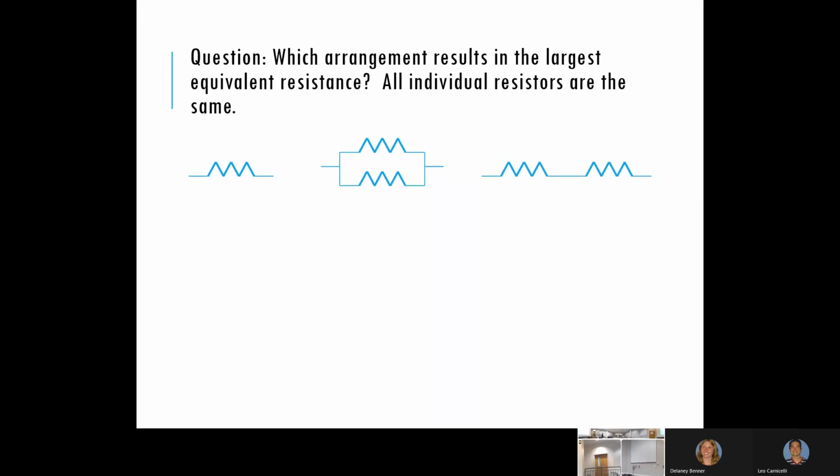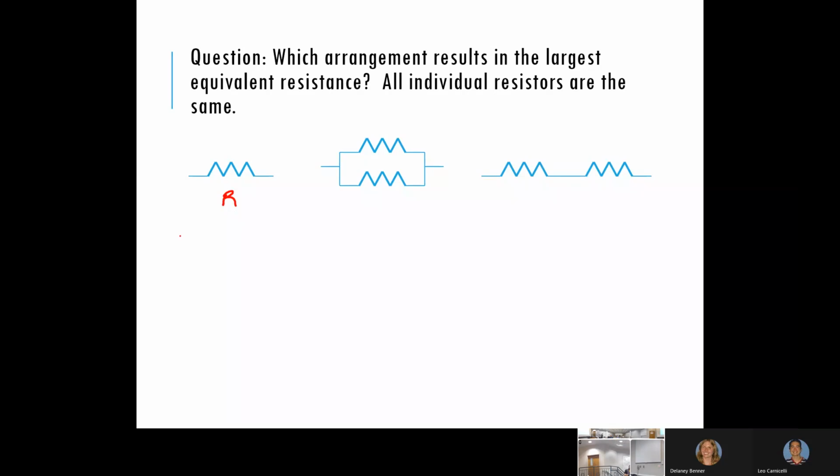Got it? Survey says, highest resistance, the one in series, so we'll say the one on the far right. Then the next highest is the individual resistor, there's only one there, and then the lowest is the parallel arrangement. And in fact, if all of these resistors are exactly the same, which is the underlying assumption,